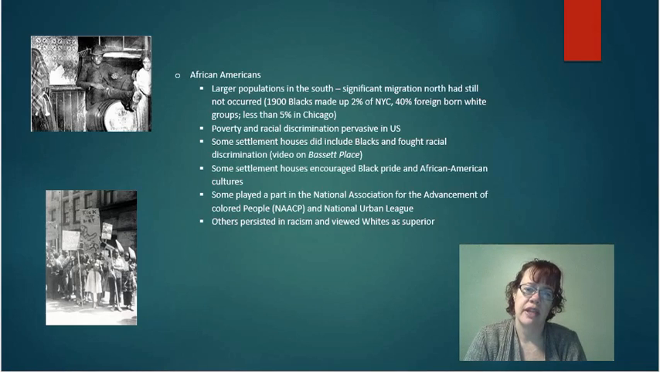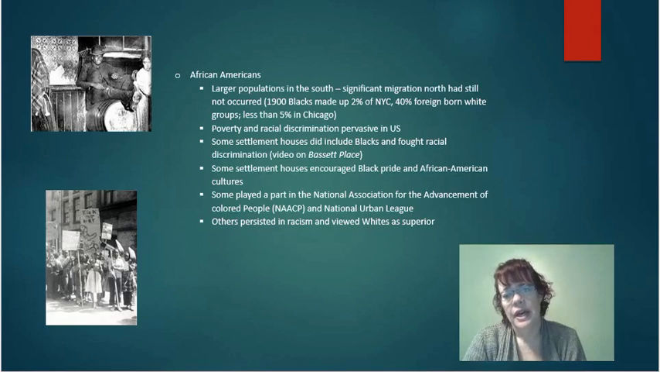Poverty and racial discrimination were pervasive in the U.S. I mean, that's another problem, is that discrimination will color how some settlement workers and progressives look at African Americans and look at their poverty. Some settlement houses did include blacks and fought racial discrimination, you know, Bassett Place. Some settlement houses encouraged Black pride and African American cultures. Some played a part in the National Association for the Advancement of Colored People, the NAACP, and the National Urban